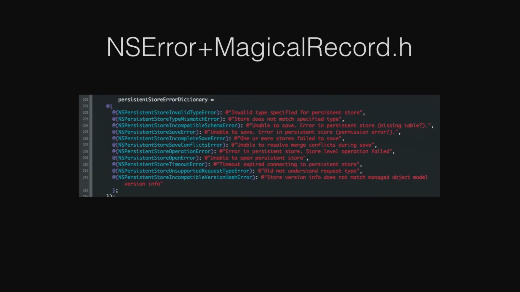Errors were terrible in Core Data. Even if you were lucky enough to get an error in the first place, you had to decipher all those stupid error codes, right? So I took the time, it took me a couple of hours, to research what all these errors were. And this is just one category of the errors. I mapped the code to something a little bit more descriptive. So before, if you just dumped this out, you would get a 1550 or 1560, some random error code. Now you can see on the console what the heck's going on.